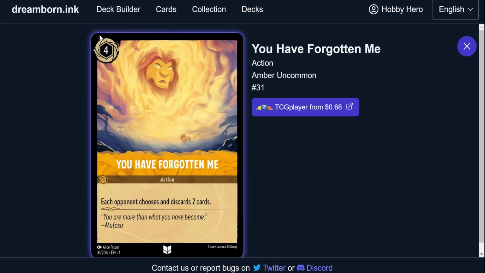This card is an inkable 4-drop. It says each opponent chooses and discards 2 cards. This card on curve, especially if you went second, is absolutely devastating to the Ruby Amethyst player, because if they have committed 1 or 2 cards to the board, this is probably going to knock out all the cards they have in their hand on 4, and then put them in a complete and total top deck mode with only 4 ink in play, which should give you plenty of time to really take advantage of the board